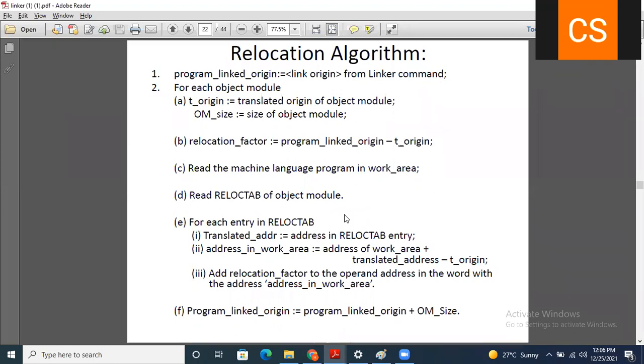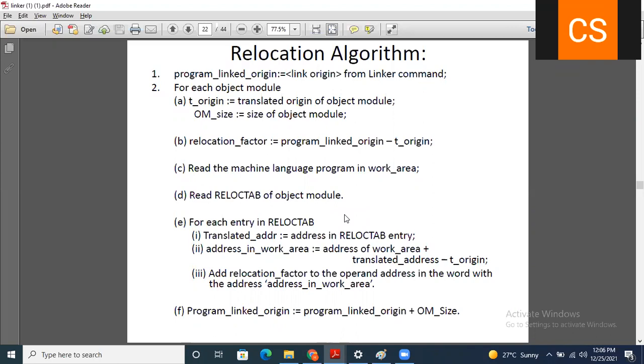So for the relocation purpose, the linker has the relocation algorithm. We will see how this algorithm works to perform the relocation. In the algorithm, first you need to initialize program linked origin, which is one variable.